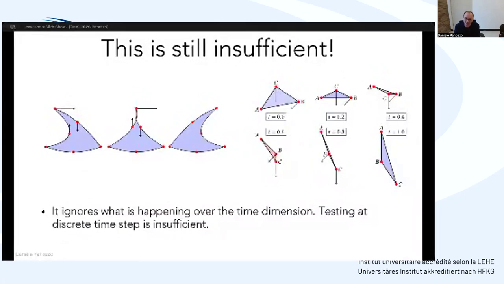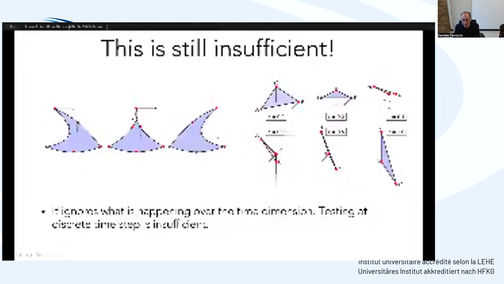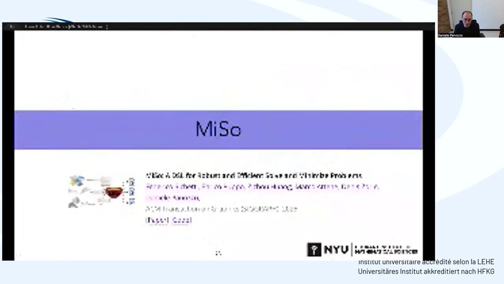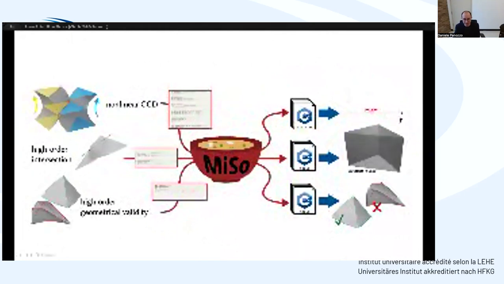I don't have the time to show you how to derive these, but you can trust me that since everything here is polynomial, you can recast these, similarly to before, as a root finding problem on a system of polynomial equations. So finding inversion is very similar to finding contact in the previous example I showed. There are many problems of this type, and we came up with an approach where you can specify at a high level what your system of equations is and what roots you are trying to find,